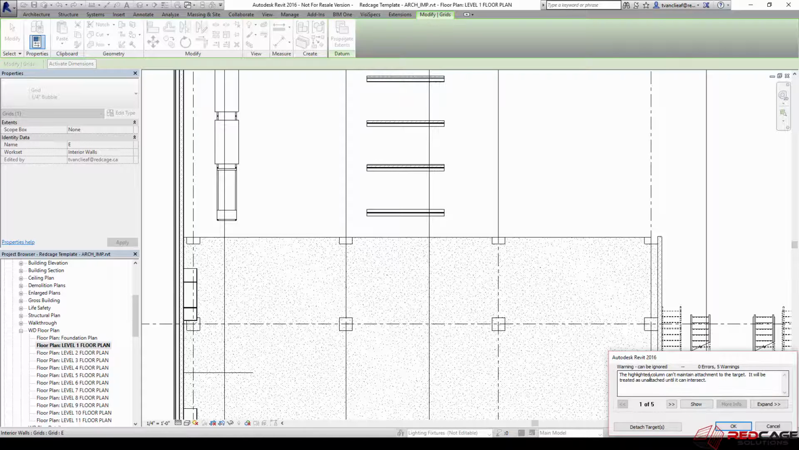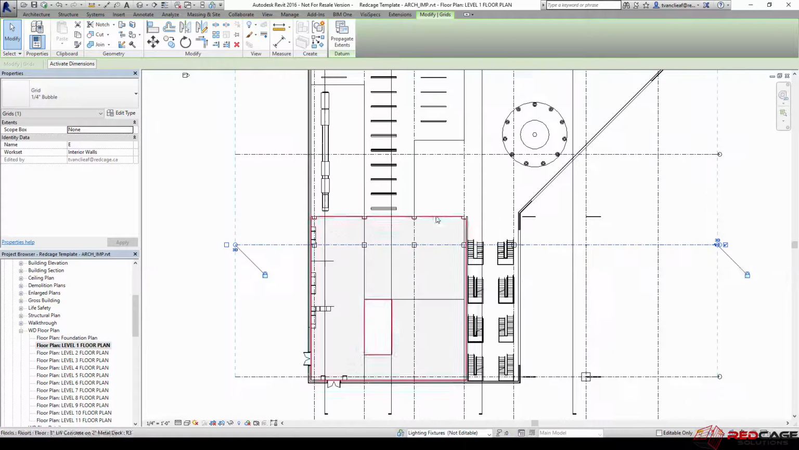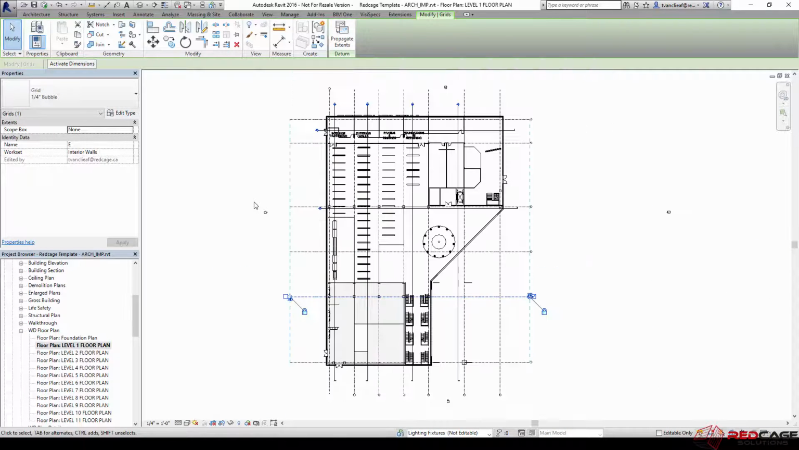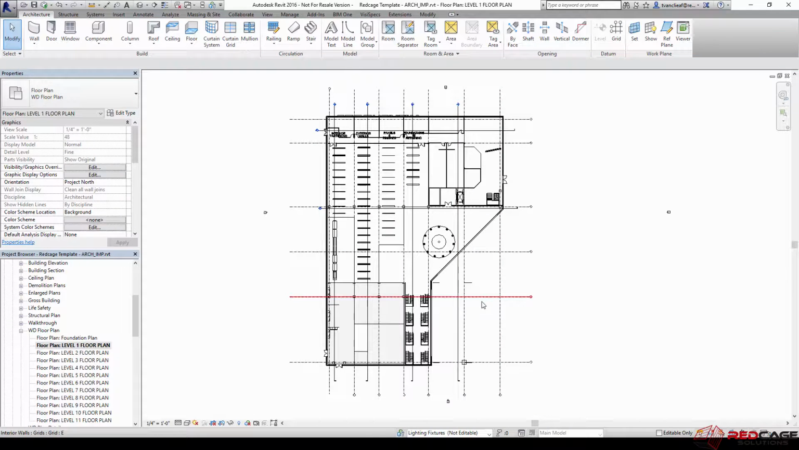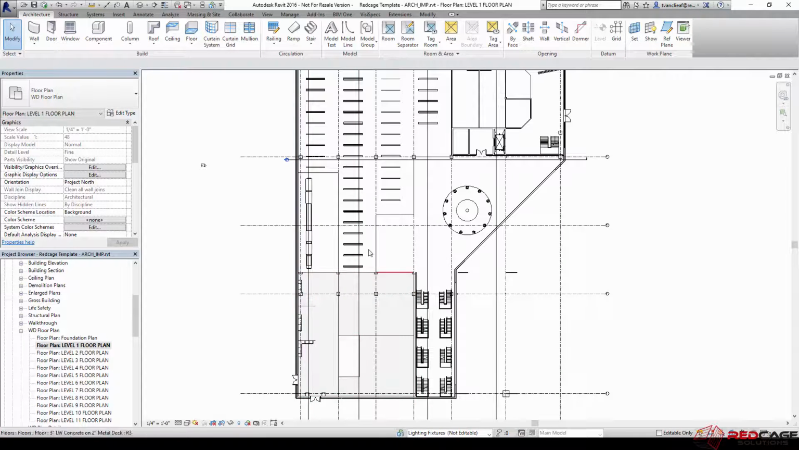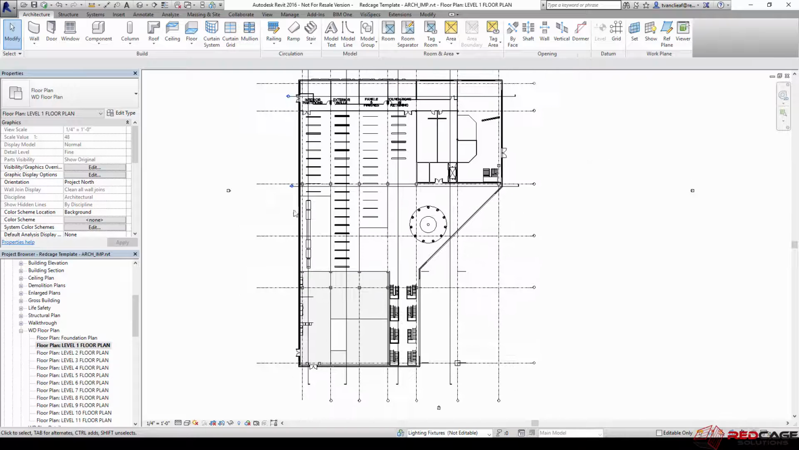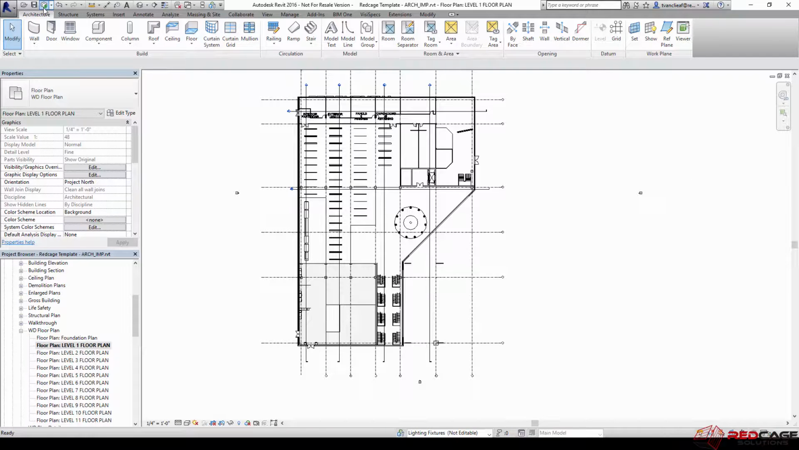Anyway, it's giving me some errors. That's fine. I'm just going to say detach target for these. And I'm going to go ahead and just save this. So we've made a couple changes to the grid. We could change the level as well, but that's fine. I've made some significant enough changes to this linked file. Okay, so now if I sync that up,